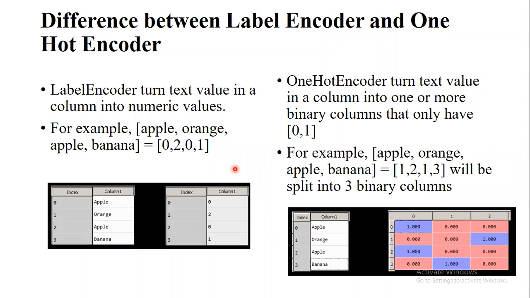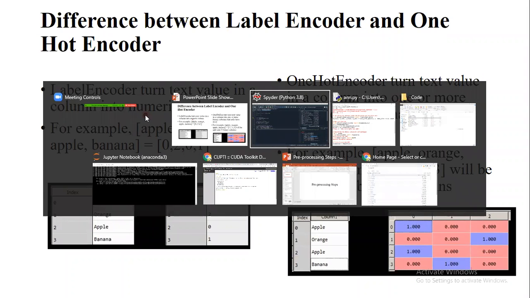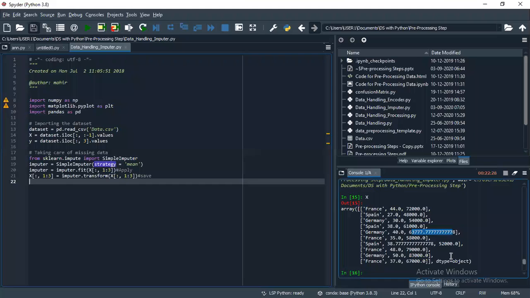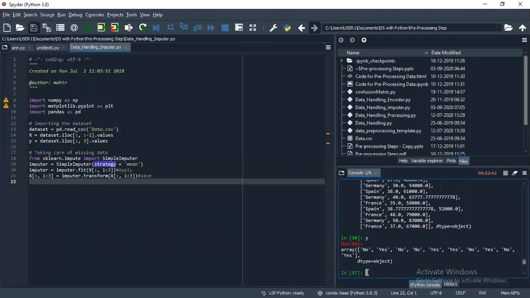See, this label encoder and one hot encoder are actually used to turn your text values, your string values, into numerical values. So in X, you are having a string value in the first column, like country, and Y is completely only string values.